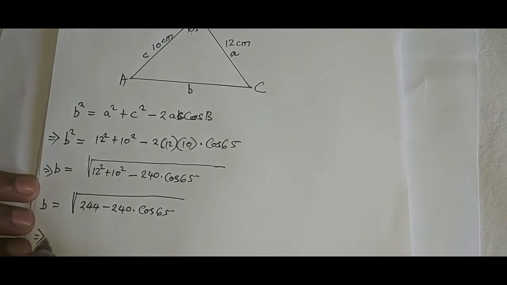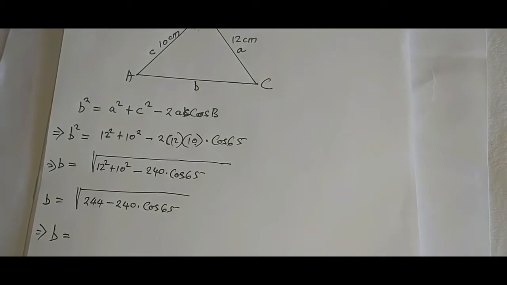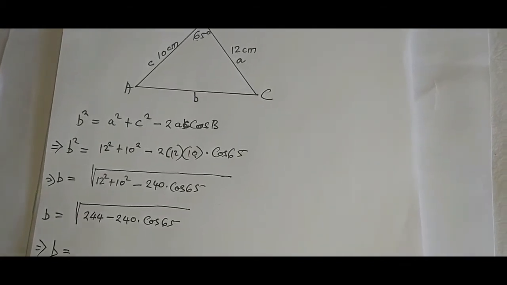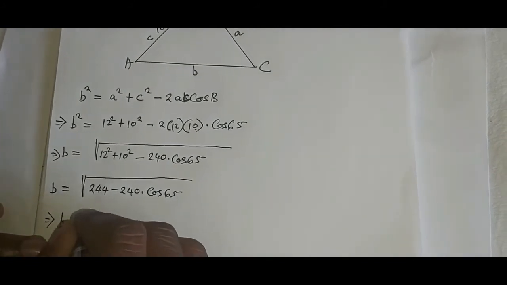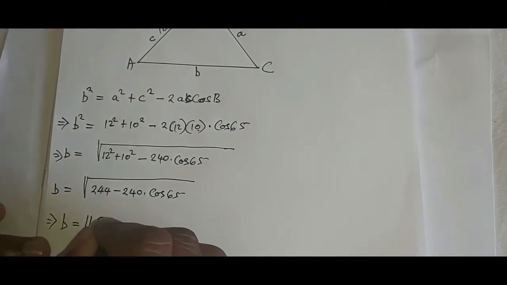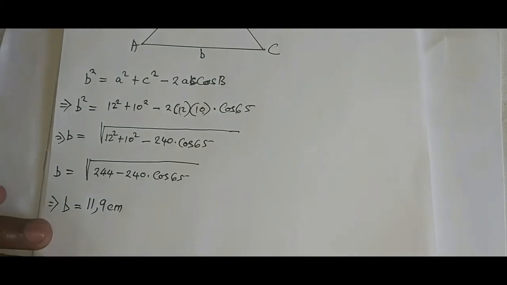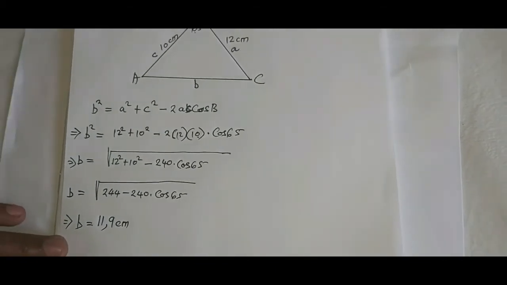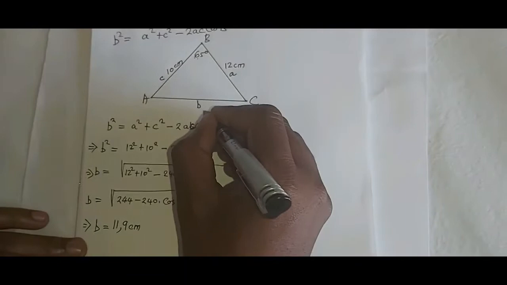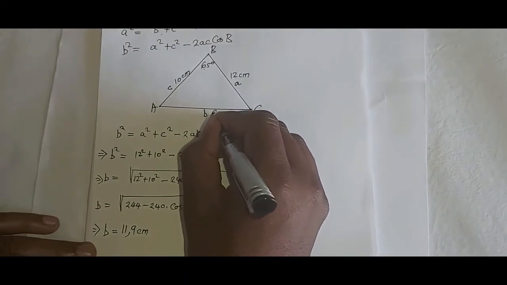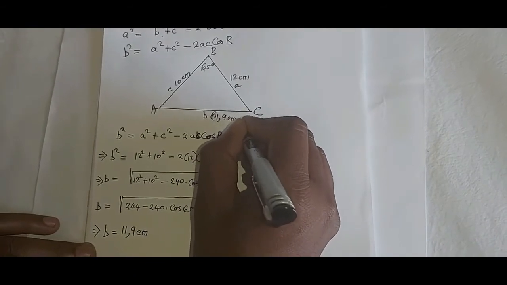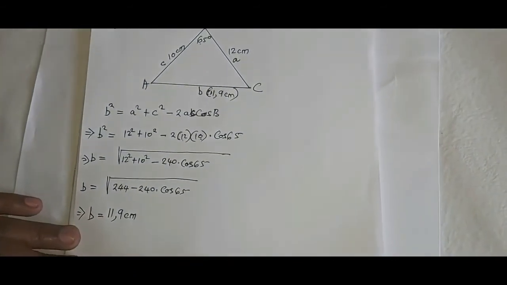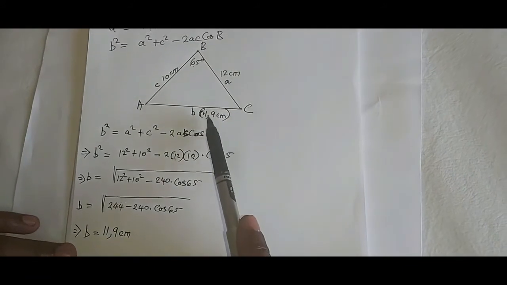Then from there you punch it into your calculator with the square root, and our B will be 11.9 centimeters. So that is side B, which becomes 11.9 centimeters. Now we have side B,